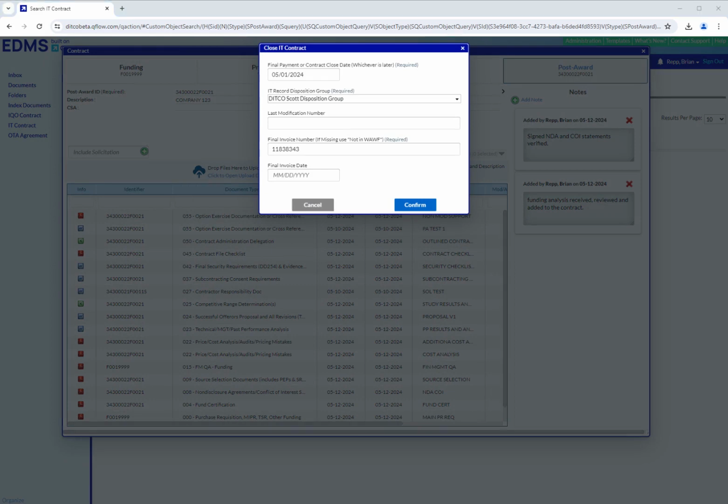In this specific configuration, there are several fields available when closing the contracts. Let's focus in on the first two, as they are directly tied to the retention schedule. The first, a date field, represents the start of the retention period. The second field, record disposition group, allows the record to be assigned to a specific approval group when the retention